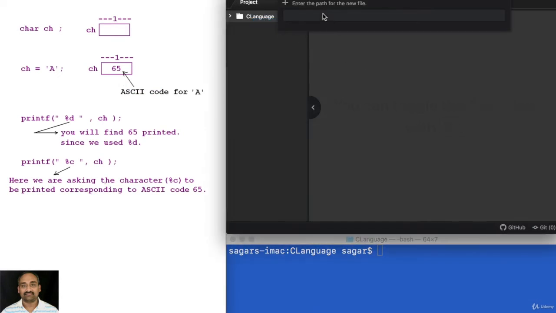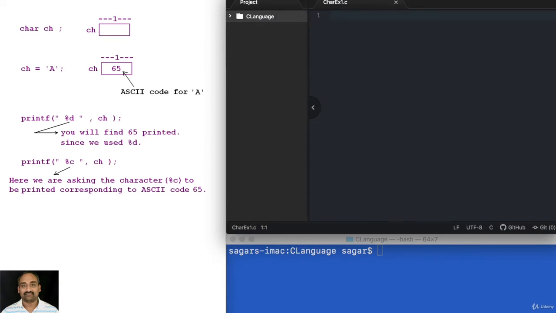I will name it characterex1.c. Now I'll include stdio.h, int main, return 0. Now we can say char ch. This is a variable which is capable of holding a character.